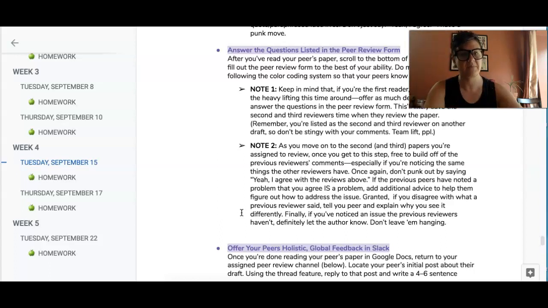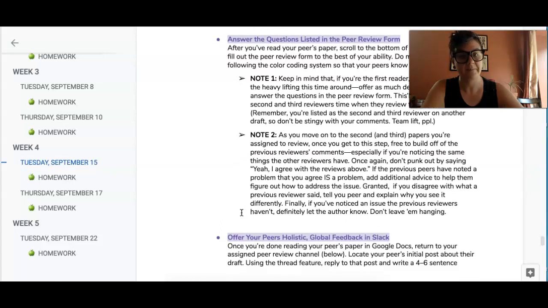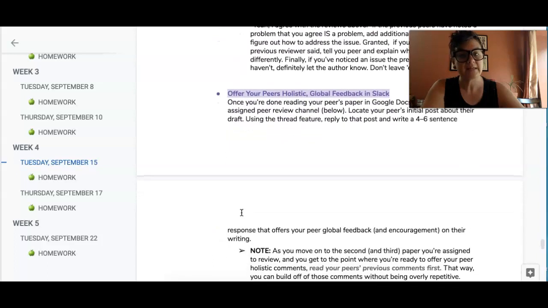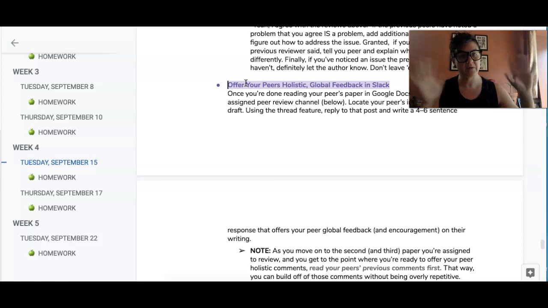Okay, so you're each typing your answers to those peer review questions in a certain color depending on what number reviewer you are, whether you're the first, second, or third person to read that paper, okay? The next thing that I want you to do is after you have read the paper, commented in the margins, and then filled out, answered as completely as possible those peer review questions, knowing you're being graded on that completion,